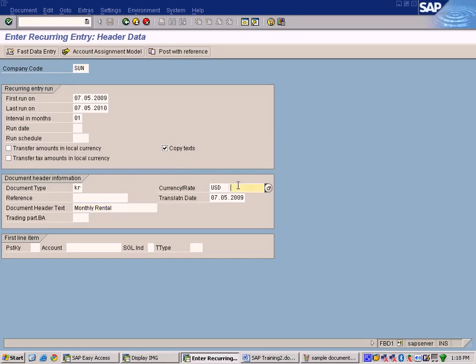And this one, transfer amounts in local currency, has something to do with foreign currency payments. If you check this, it means that it will use whatever rate you have maintained in this template here. Let's say this is a foreign currency, euro, and obviously you have to maintain a rate here, right? You can maintain a rate here, maybe 150. The rate here is 150 against USD. So when you click this and save this,